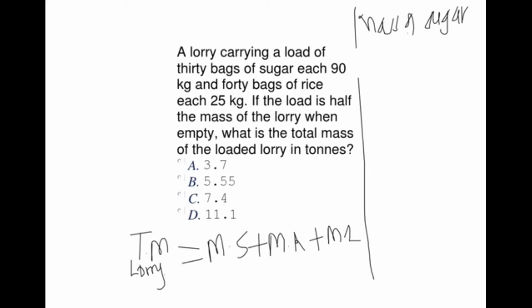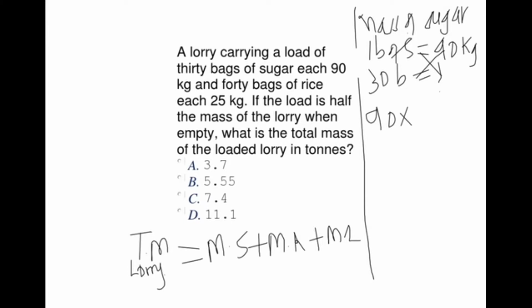So one bag of sugar equals 90 kg. What about that bags will be weighing how much? So we have 90 times 30 equals 2700. 9 times 3 is 27 and 2 zeros, so we have